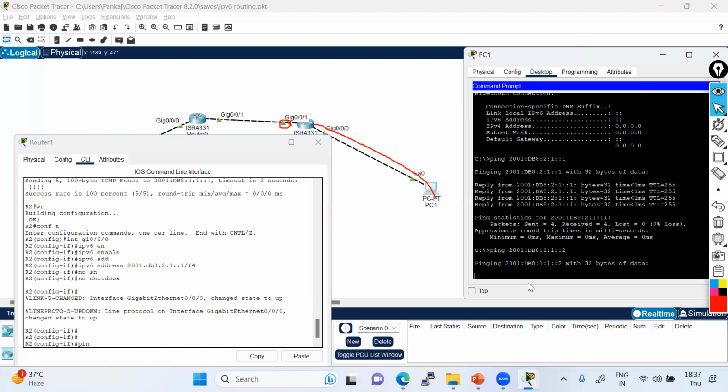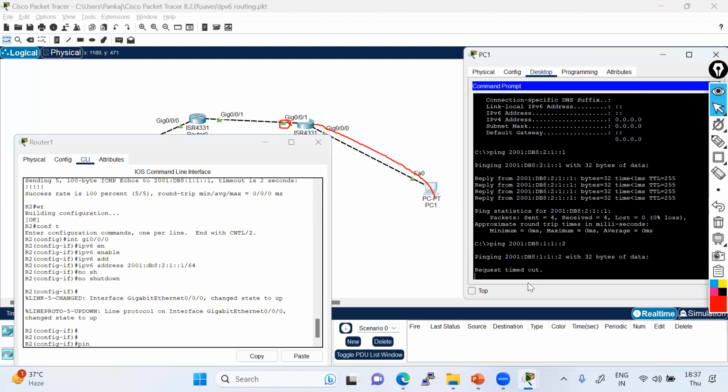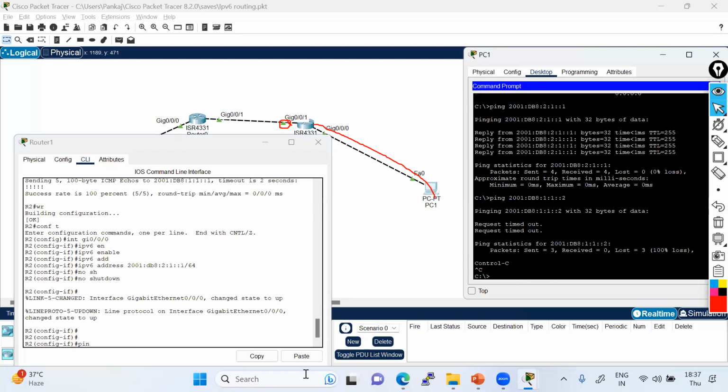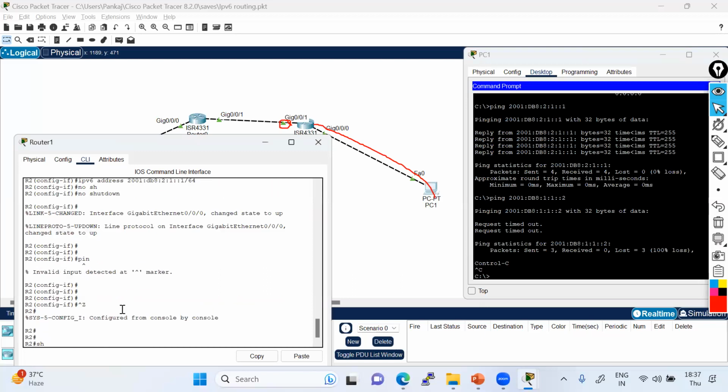And this is not pingable, right? This is not pinging. We are getting the RTO. This might be because the routing table doesn't have these routes. Let me just check what the routing is showing there. Show IPv6 route.